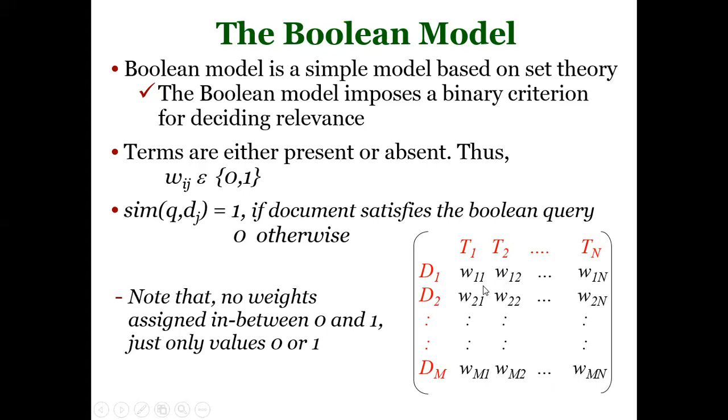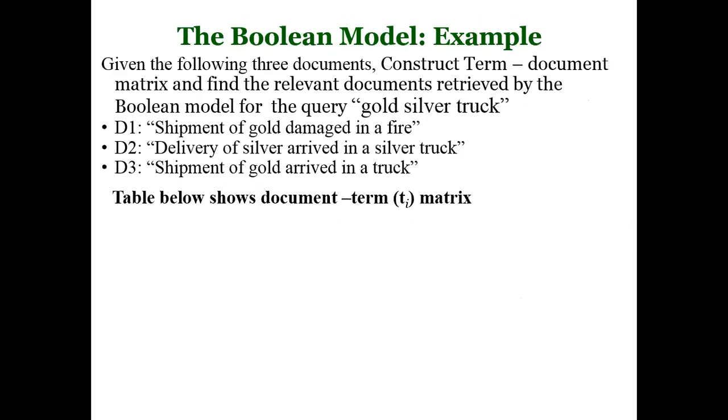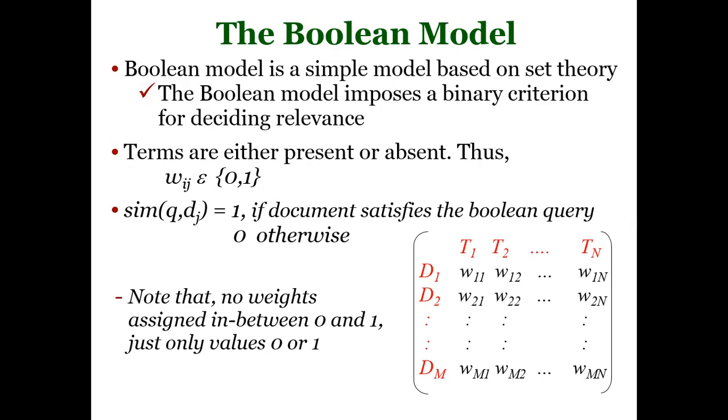So at the end of the day, we have zeros and ones as weights, which is the binary weight used by the Boolean model for identifying relevant documents. Then after weighting every term in every document, it uses those zeros and ones as a vector representing a given document, Di. So the similarity